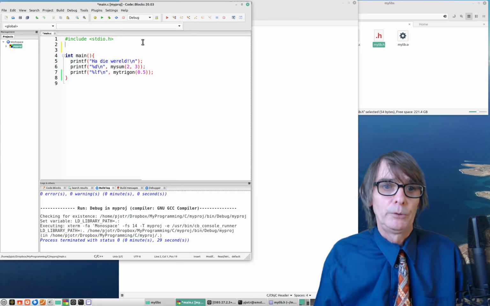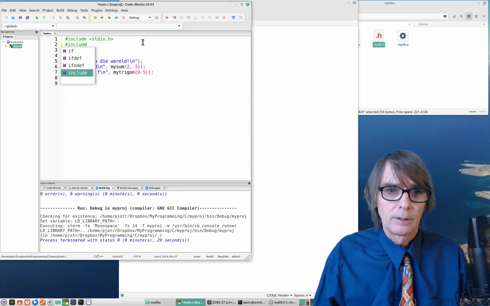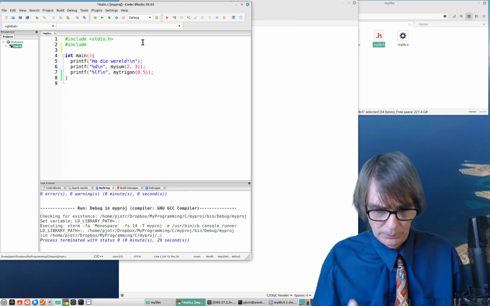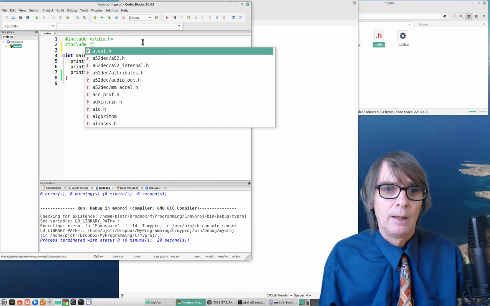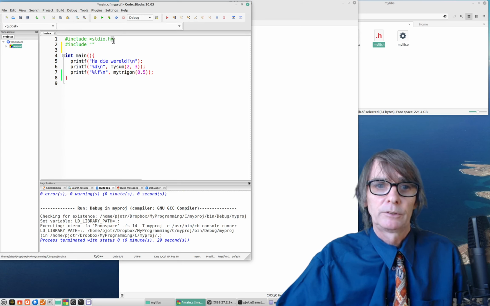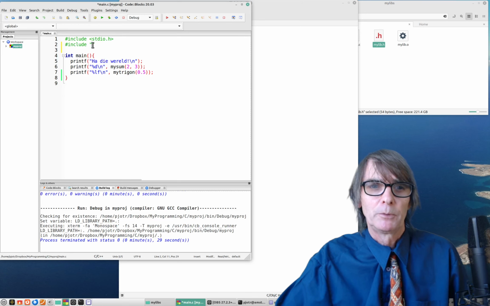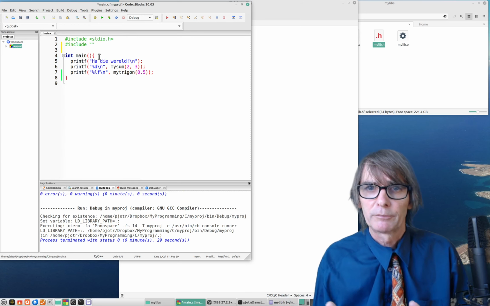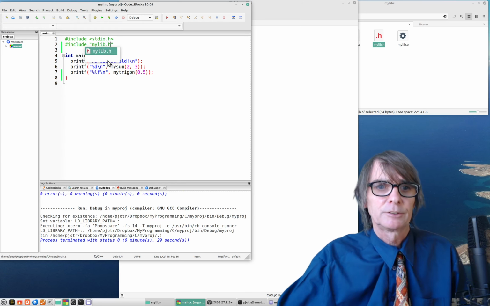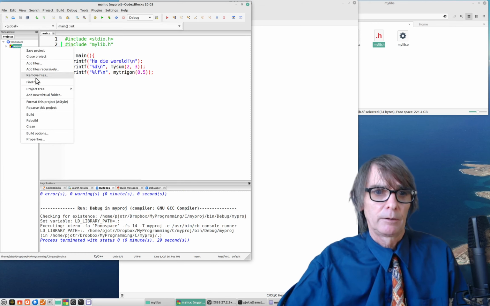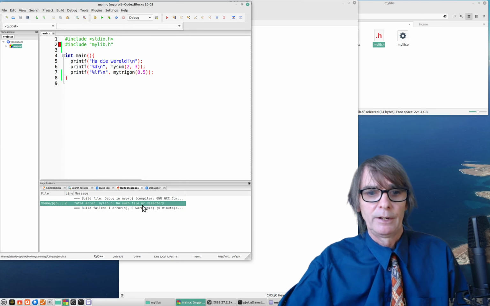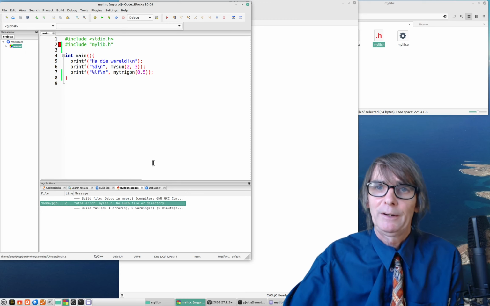And now, of course, how do we do this? You know, include hashtag, no, it's called pound, I think. Pound. Hashtag is that modern thing. Include, and now we don't put the include into the smaller and larger signs, but we put them now into quotation marks because it's not part of the standard library, but it's our own library, and we say mylib.h. I save it. I have to clean this one again, I always have to do this, and now I will say build. Okay, it is an error because it doesn't know where to find it,